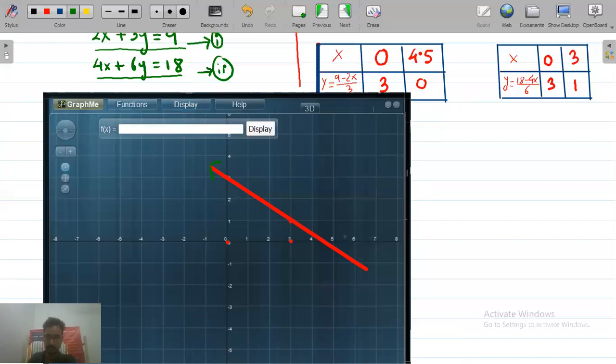Okay, so coincide line, this is your y, this is your x, yes or no? So it will coincide. Okay, so yes or no? So when you plot this graph, the two lines will coincide with each other. That means in the next topic we are going to study what is coincident.